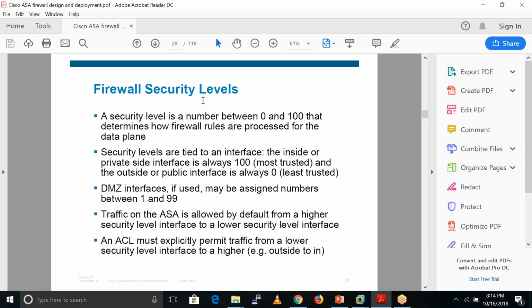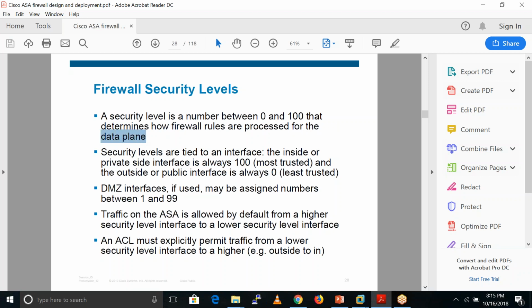We already had a discussion about security levels. A security level is a number between 0 and 100, where 100 is the most secure zone, and all traffic from a higher security level to a lower security level is allowed by default. A security level determines how firewall rules are processed for the data plane.